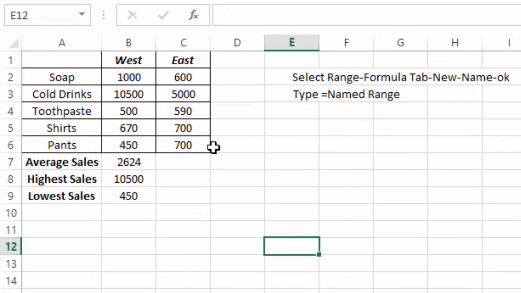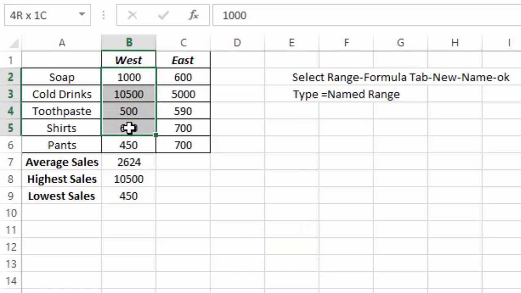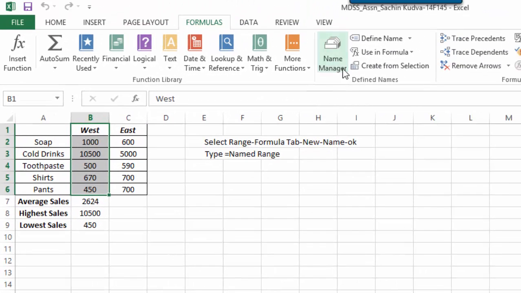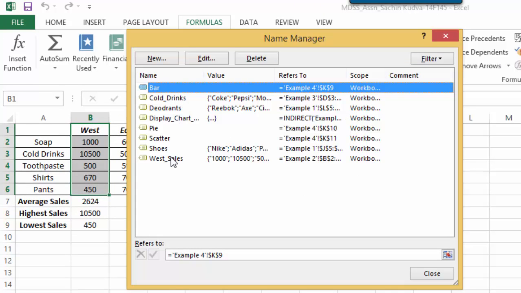Okay, here we have the products like soap, cold drinks, toothpaste, shirts, pants, and we have the sales of these products in the west and east region, and we want to find the average sales, highest sales, and lowest sales. For average sales, you need to put the formula as equal to average, and you would be selecting all of these values for entering in the formula. Instead of that, you can enter the named ranges, as in you can select all these, go to the Name Manager, you can click on New,